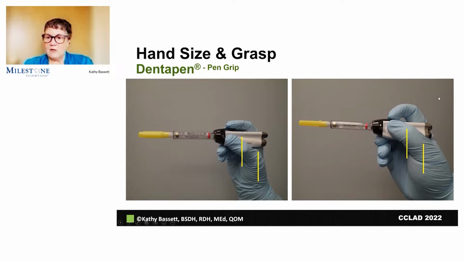And then you put it in a larger hand. What's interesting is Sarah had to pull back to actually activate that trigger. And you can see here, it's just barely in the palm of her hand. So her observation was she had to think about it a little bit, how to hold it in a larger hand, whereas when we switched to the CCLAD, that just dropped right into her hand.